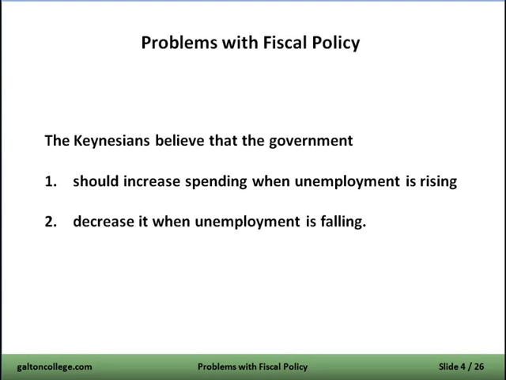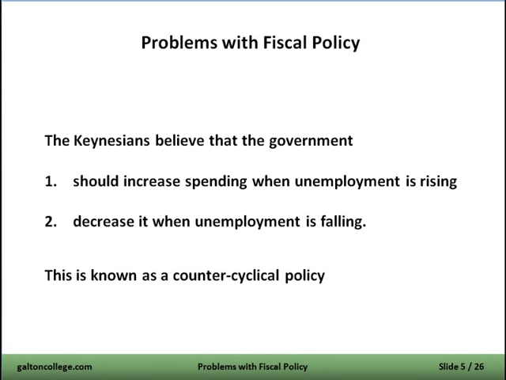So what they're really attempting to do here is to smooth out a cycle. When the economy is going into a boom period, the fiscal policy should be to take resources out of the economy. And they do that by increasing taxation, which means we have less to spend, or by reducing government expenditure. So when the economy is in a slump, they put money in, and when it's booming, they take money out. It's the opposite way around. And it's known as a counter-cyclical policy. Counter-cyclical because it's going in the opposite direction.